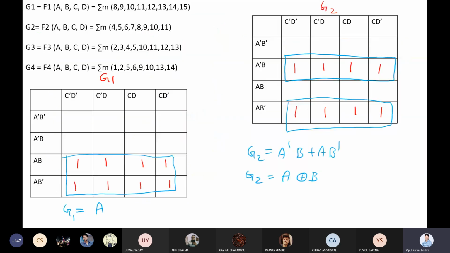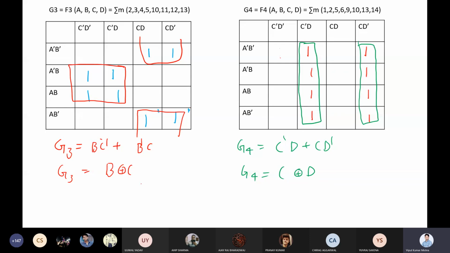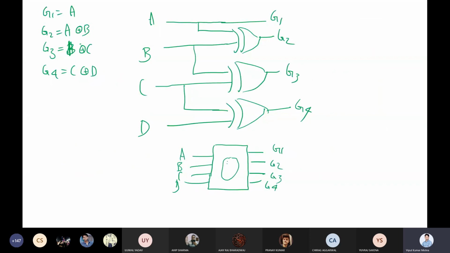in the form of minterms. Once you got all minterms, you have used the K-map to find out the optimized function. So you got the function for G1, G2, G3, and G4. Once you got all optimized functions, then you create a circuit for that. After creating the circuit, you have done the entire process from the idea to the circuit. It is ideal. You can say I want a code which is different from one place. That was the idea from where we started, and from that idea, we come to the circuit diagram.